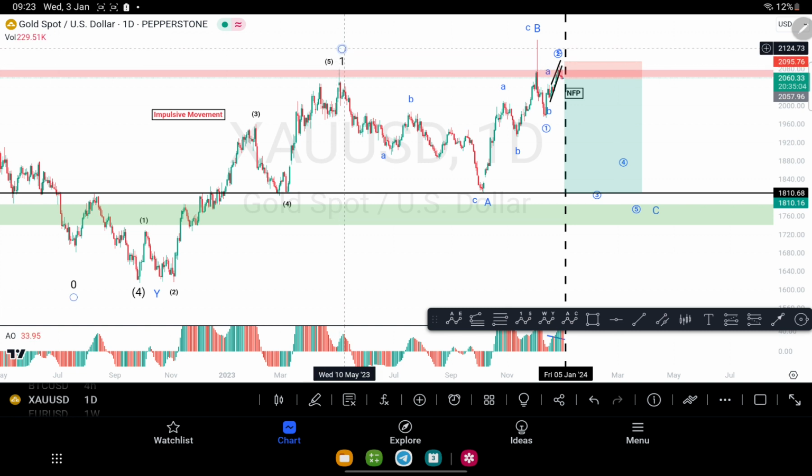So like I mentioned earlier, after every impulsive move comes a corrective move. Once we completed our impulsive move in May 2023, our corrective move starts. Corrective structures are a little bit trickier to trade compared to an impulsive move, because in an impulsive move you know the direction is up and all you have to do is wait for the base to get your entries, because it's a one-way street. But for corrective structures, it's a little bit different because it pretty much goes haywire.